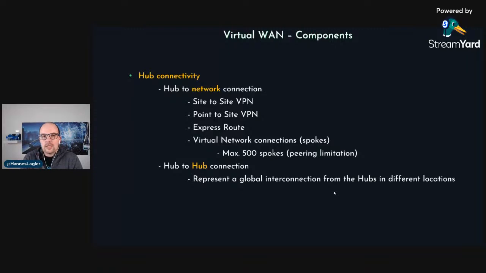You can also enable or disable the hub-to-hub. You can choose between two different VWan hubs. The hub-to-hub connectivity is only available for the standard VWan hub. If you want to provision a basic VWan hub, you don't have the ability to connect two VWan hubs together. Okay. Then we have the connectivity. We have a connection between on-premise, the cloud, the VWan hubs, and so on.